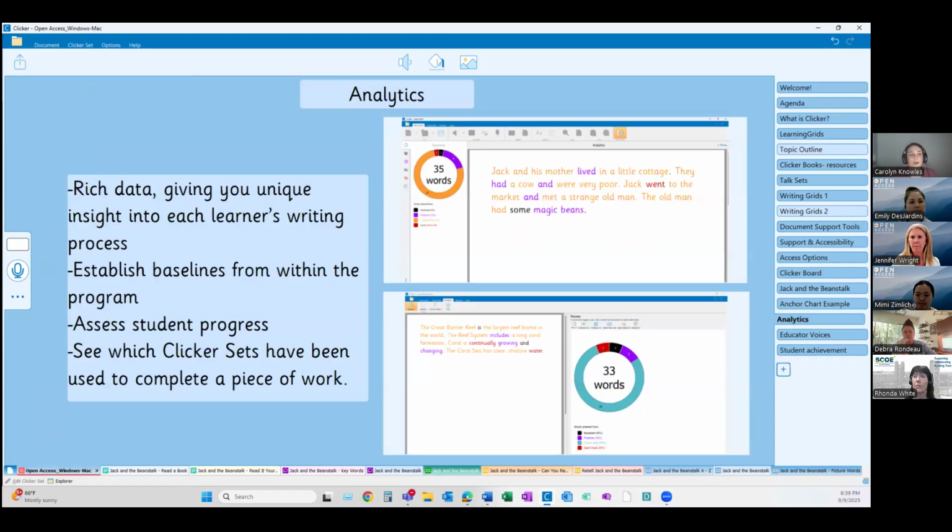Bear with me, guys. We are closing in at the end. The last thing I wanted to talk about was analytics. Now, this is more like a teacher tool or an educator tool. It's a feature that runs behind the scenes within the document to collect data on how work was created, on how a piece of writing came to be.